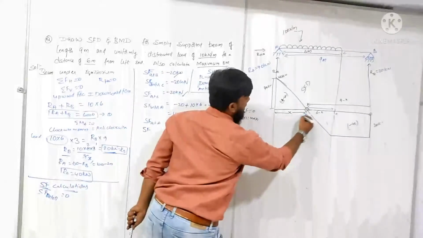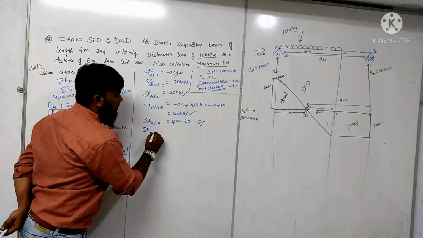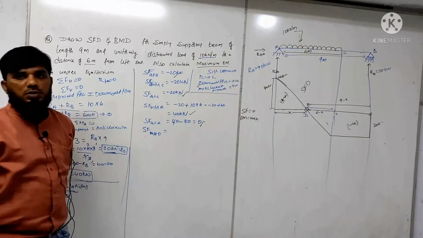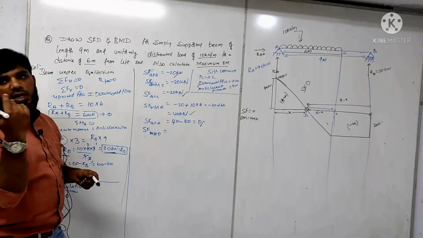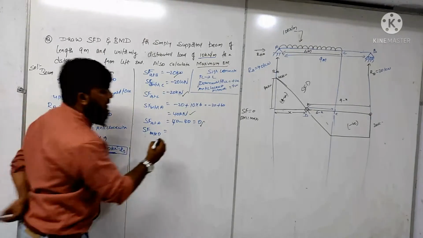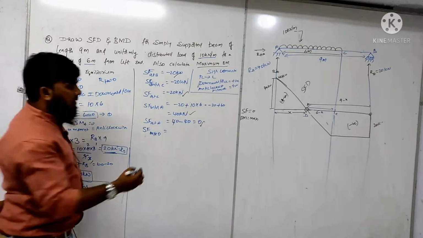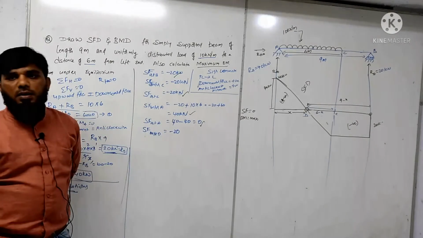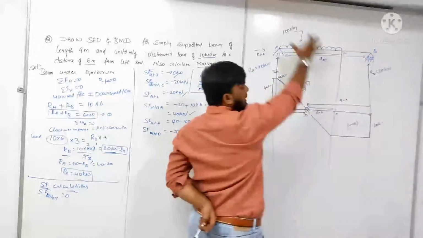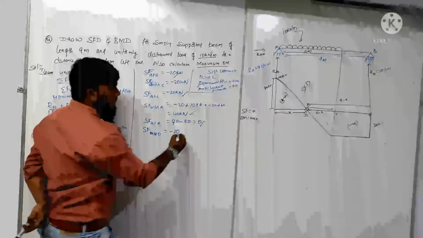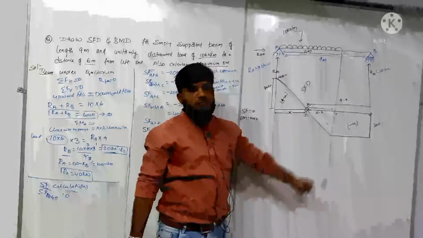I am giving the name D to this point. We will take the shear force before D point. Same procedure: you have to calculate the shear force from the right corner. So from the right corner, what are the forces we are having? One is RB acting in upward direction, that is minus 20. Another force we are having is this UDL, that is plus 10 into the distance of the UDL from point D.